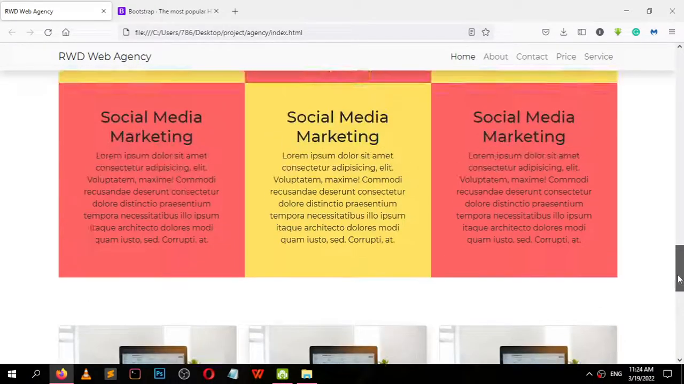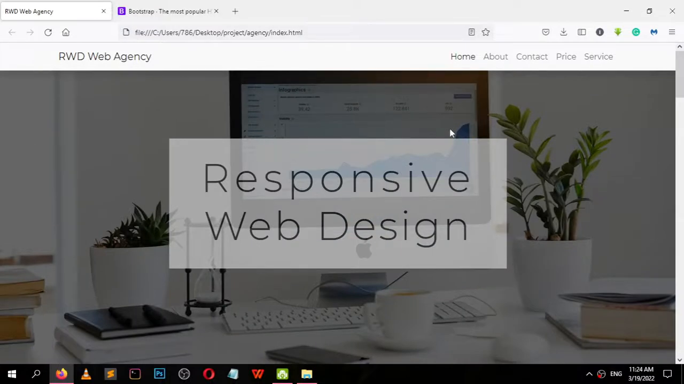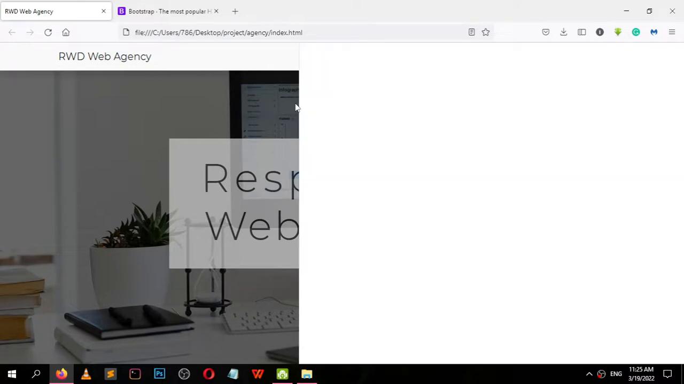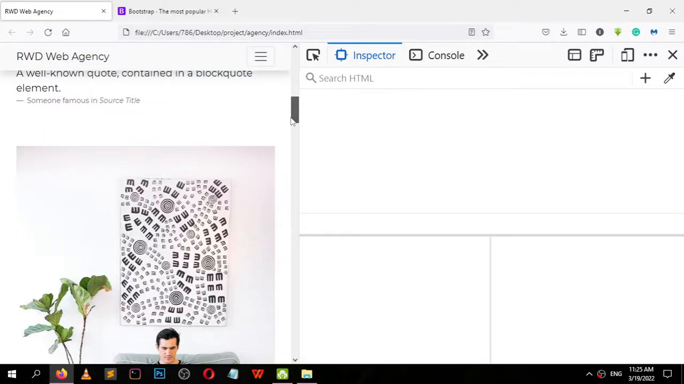And this website is built with Bootstrap 5, and it is completely responsive. Let me show you what I mean. Here we go. All the columns stack on each other